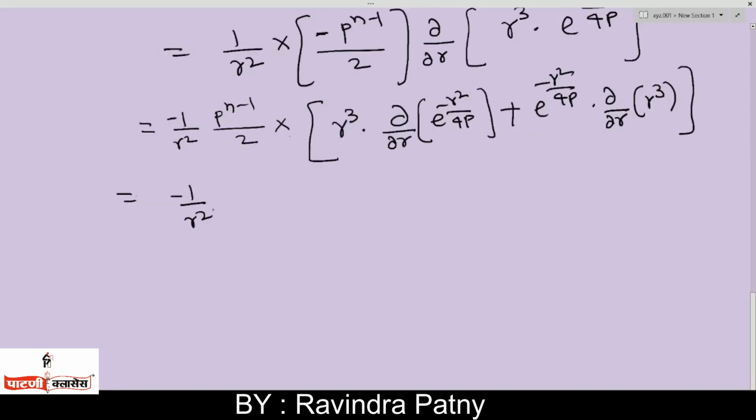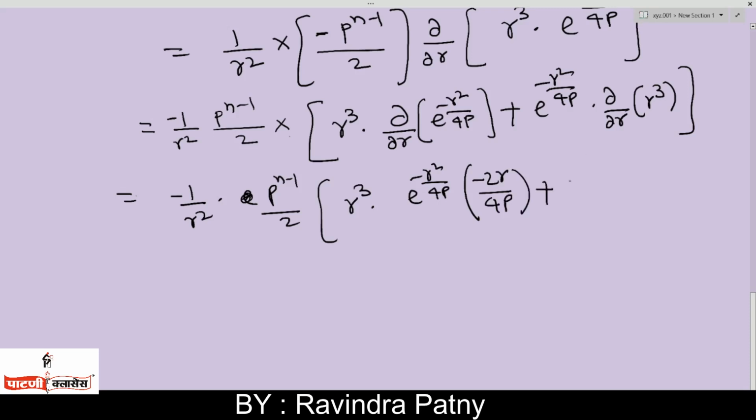Minus 1 upon r square p raised to n minus 1 upon 2, r cube into e raised to minus r square upon 4p into minus 2r upon 4p, plus e raised to minus r square upon 4p into 3r square,